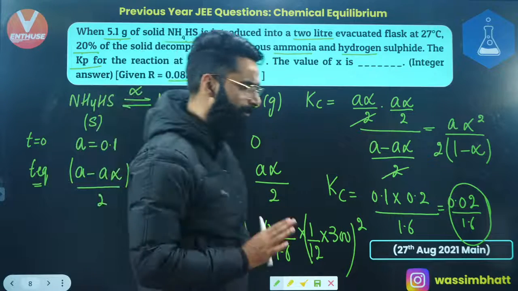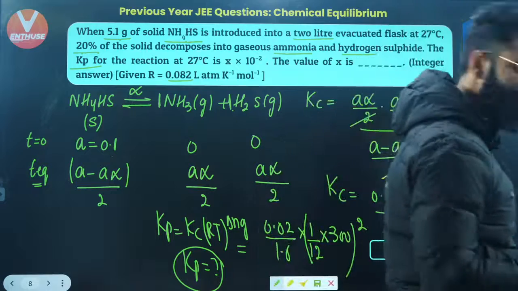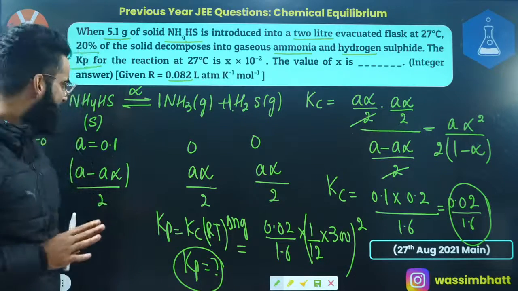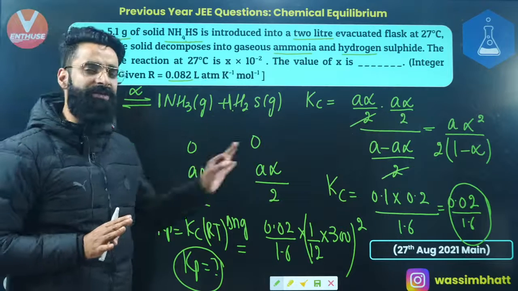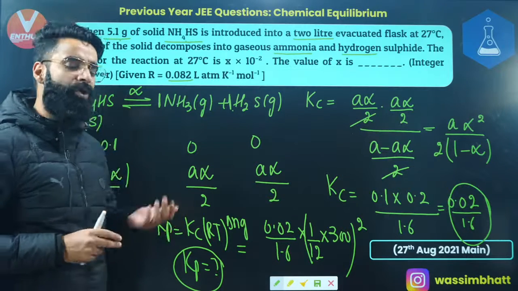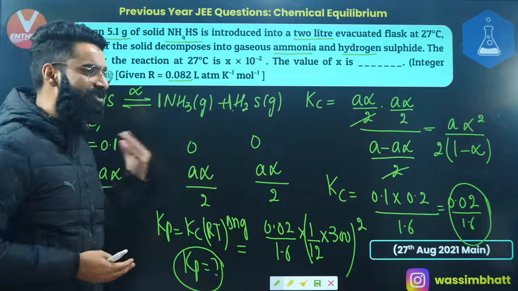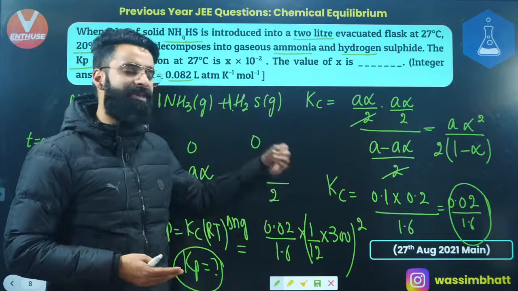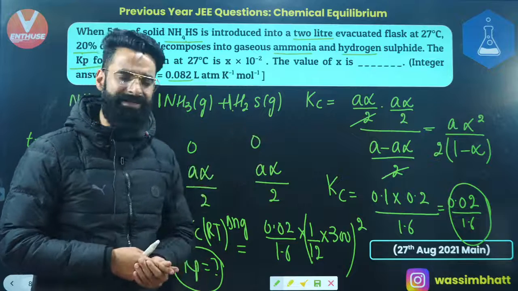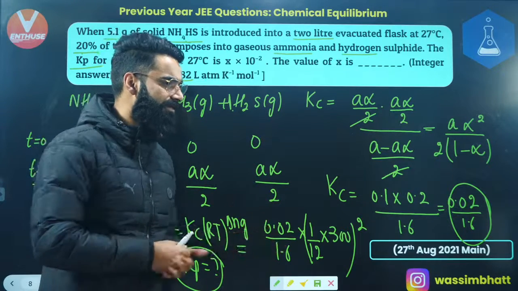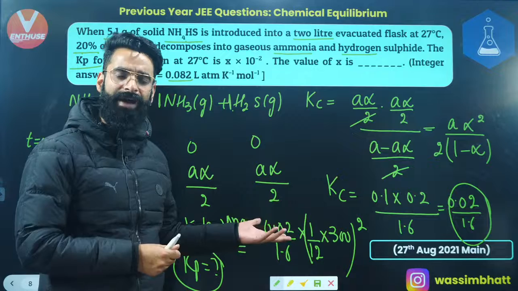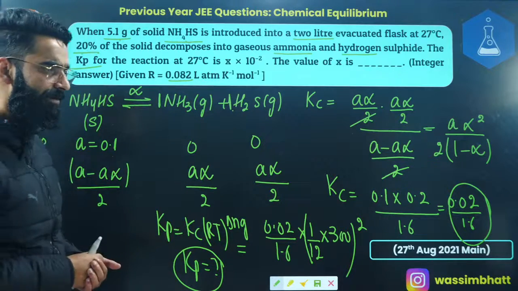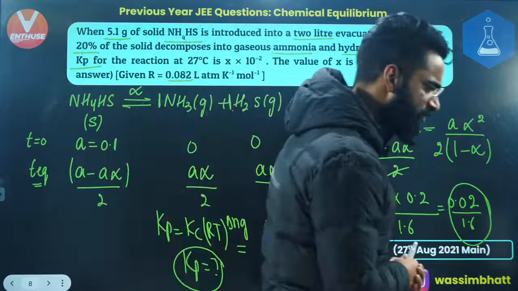Is that clear to everyone? People, let me know in the chats if it is clear. A very simple and basic question. So first of all, I calculate the moles of each reactant and product at equilibrium, and later I found out the concentration of each reactant and product. Once you got the concentrations, I use the expression to calculate Kc. Once you get the value of Kc, you use the Kc-Kp relation, and get the value of Kp as well. I'm sure it's clear to everyone, right? Let me know fast in the chat, people, so that I can move on to one more question.